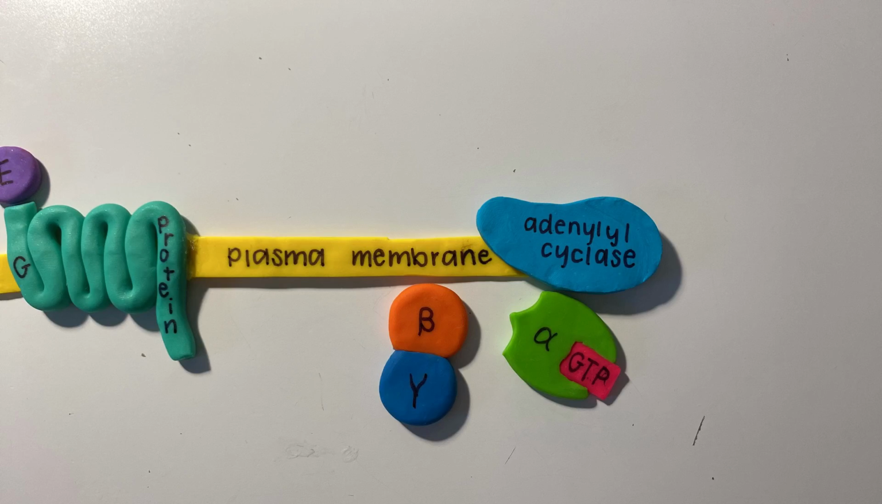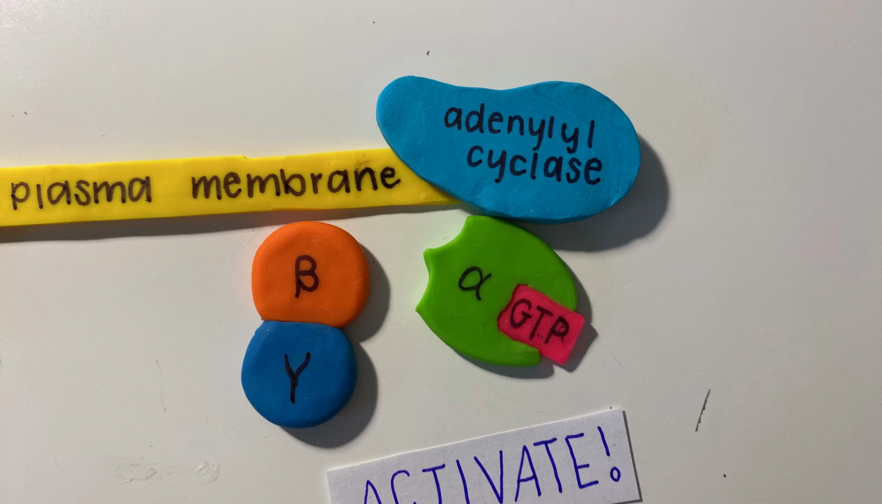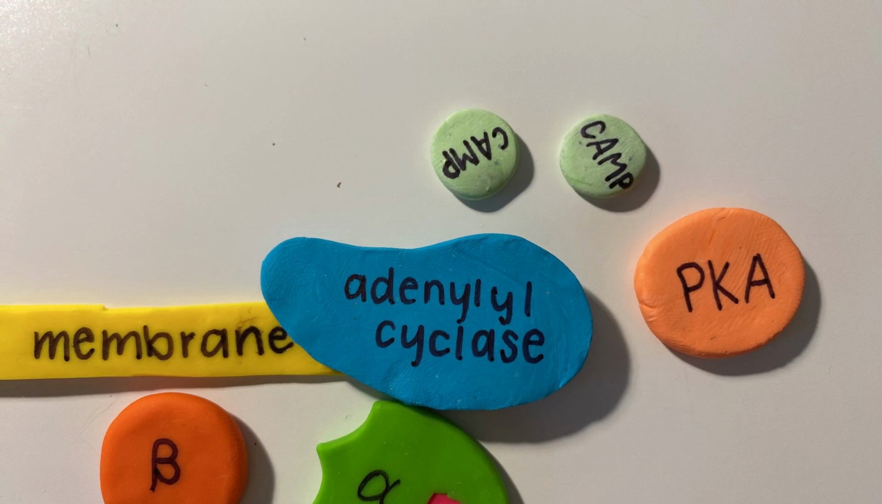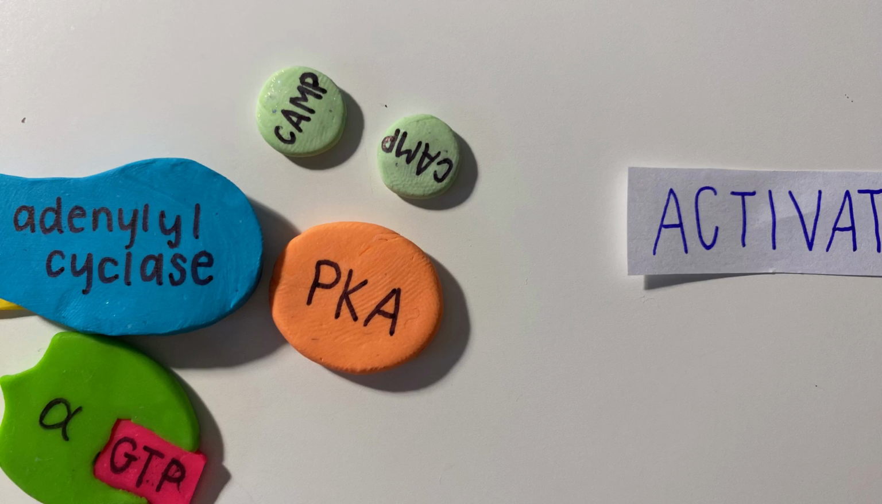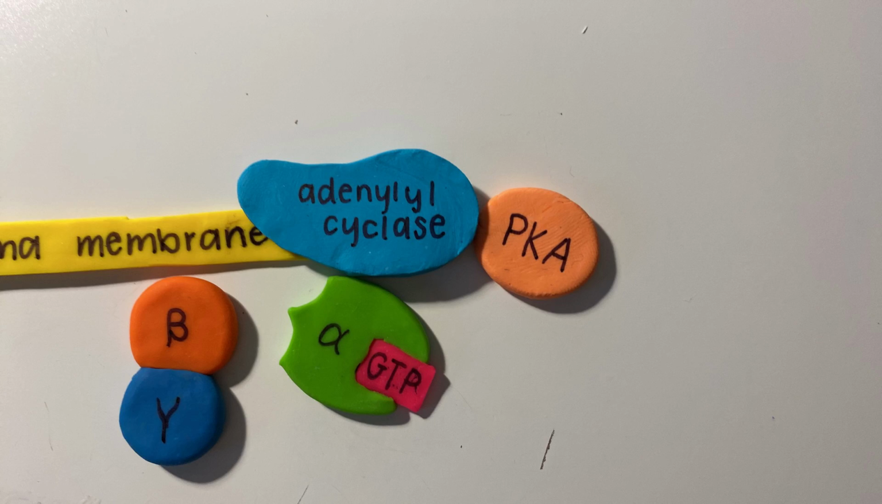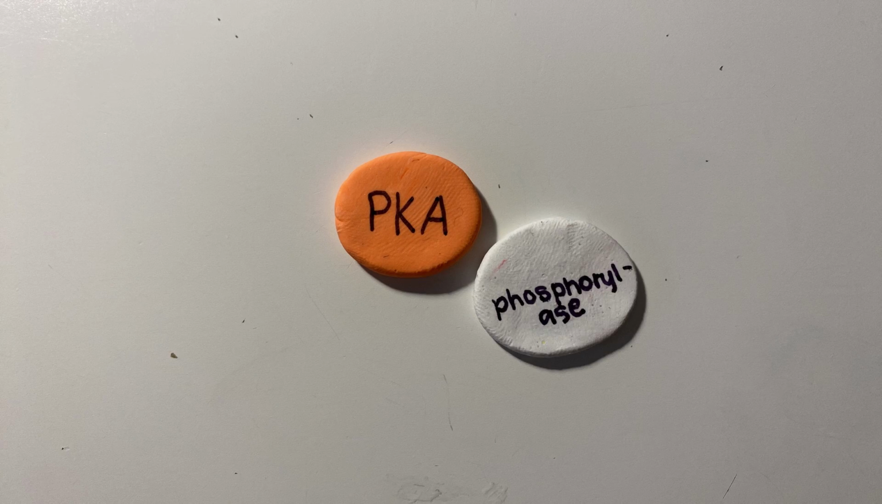Specifically, the alpha subunit moves to the adenylyl cyclase and activates it. Adenylyl cyclase then catalyzes the formation of cAMP. cAMP binds to the protein kinase A and activates it, allowing PKA, protein kinase A, to phosphorylate downstream factors to